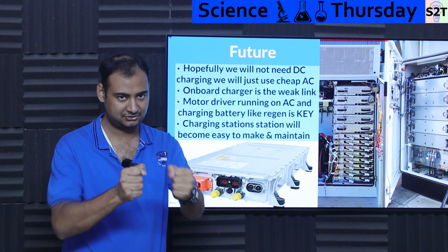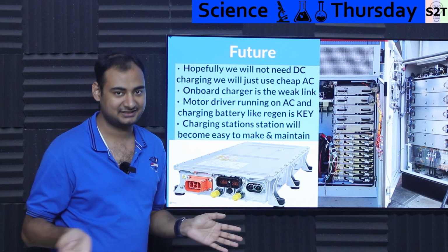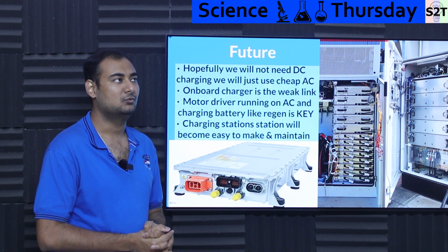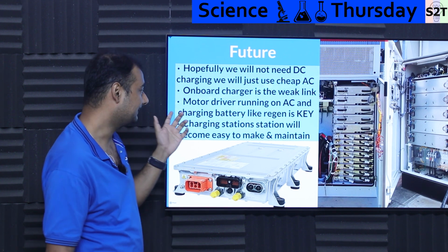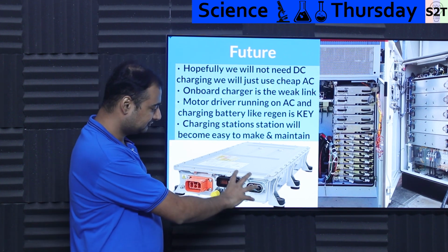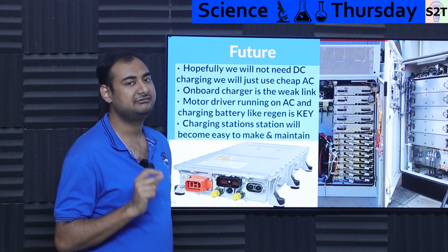Just electrical contactor. We know how to build those. And AC is very easy to disconnect. AC contactors are 1/10 the price of DC contactor, same kilowatt rating. So how can we do that? How can we remove this weak link? Well, right now nobody has figured it out, but I can guarantee you the company that figures it out would